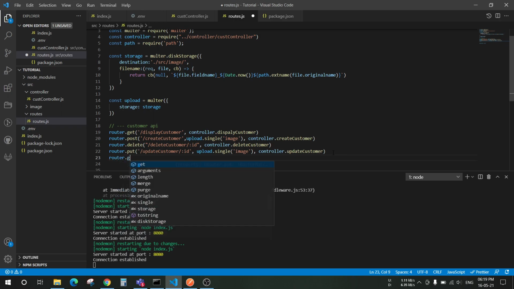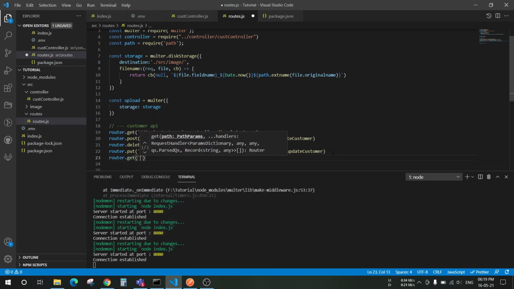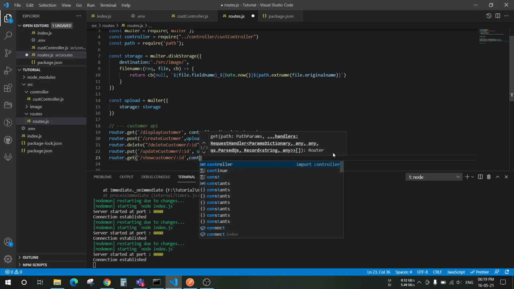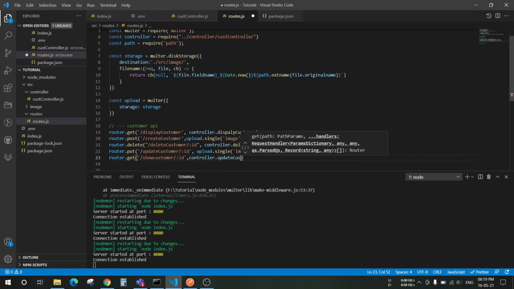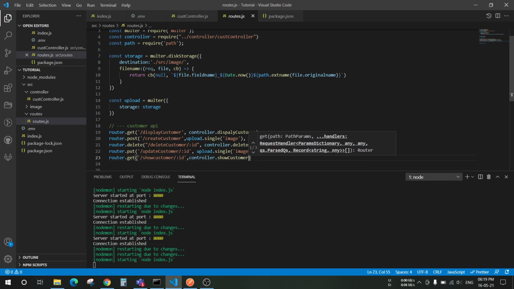here, dot get slash show customer id controller dot show customer. Save it,